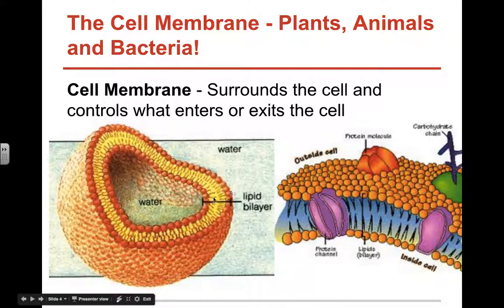It is this phospholipid bilayer, which we'll talk about. It kind of looks like sperm cells together, but it's not the same thing. It's not made of sperm cells, in case you thought that. There are proteins inside the membrane, right? There are carbohydrates involved here that help signal. There's a lot of stuff going on in the membrane, which we're not going to talk about right now.